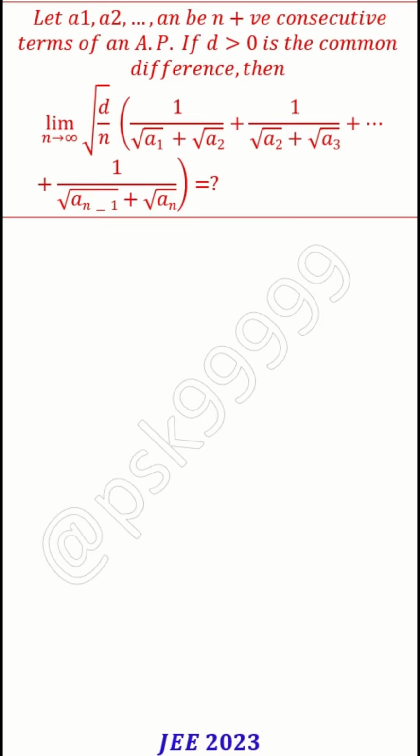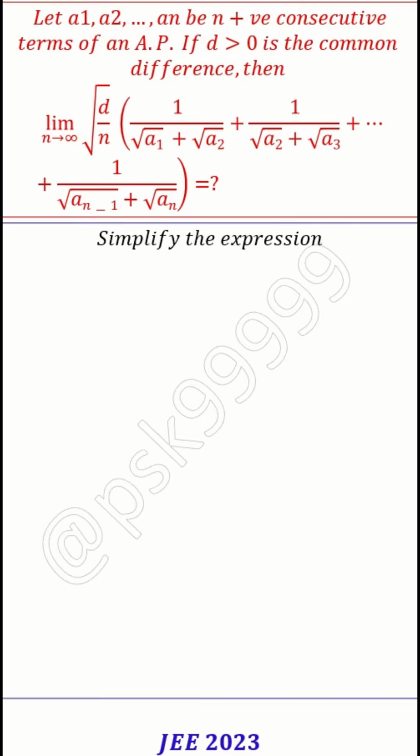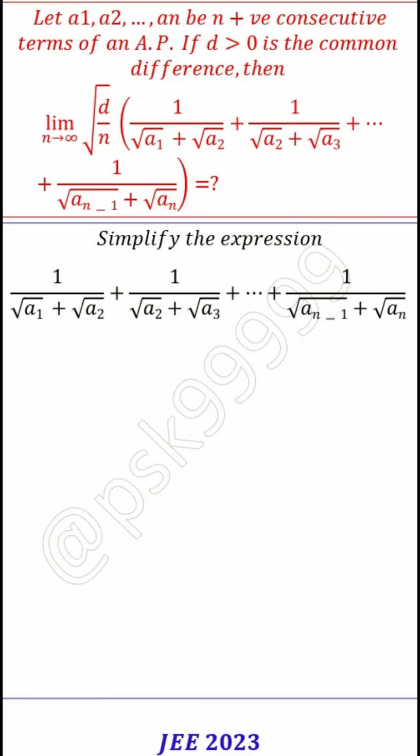There is a surd, right? 1 by square root of a1 plus square root of a2. You see a surd there, correct? So first, simplify the expression. You have this surd. Okay. So whenever we see the surd, what we will do? Conjugate, we will multiply and divide, right? Our numerator and denominator we multiply with the conjugate. That is square root of a2 minus square root of a1, and then the denominator will become